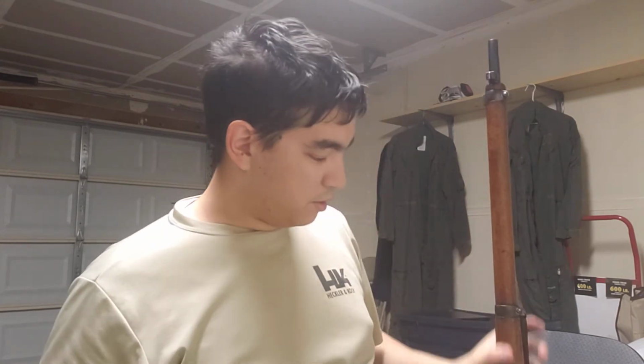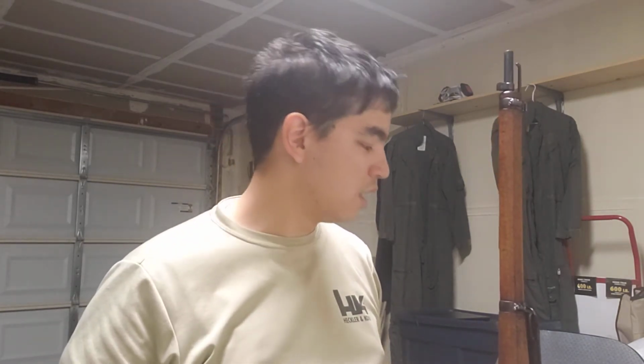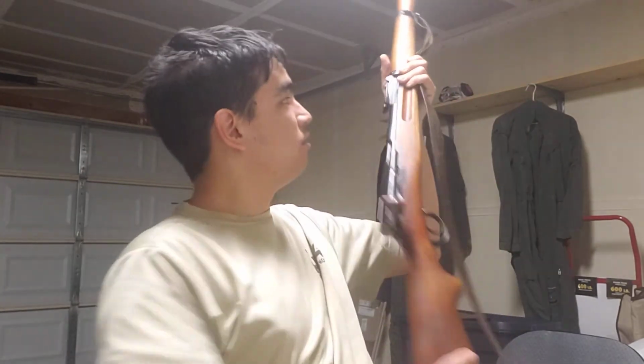And it is just yet another point in the Swiss favor of utter craftsmanship and quality. You can't beat it, really, you can't. So, as much as I love Mauser actions, and as much as I love my Persian Mausers too, this rifle is just infinitely more accurate, smoother, higher quality, no doubt. It blows my mind how accurate these things can be. And I really bet you, if I had actual target sights for this,